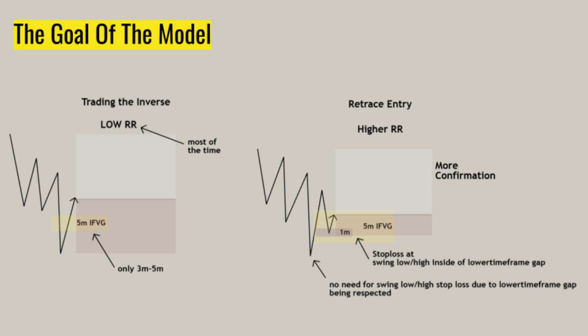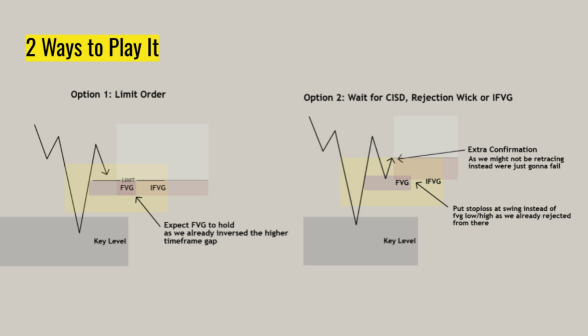There should be no reason for a resweep. So there's no reason for that unnecessary drawdown down there. Instead, we just can have a tighter stop, which can give us higher RR overall, and that is the main reason for that model. So the first way that you can play this is you can limit order at the